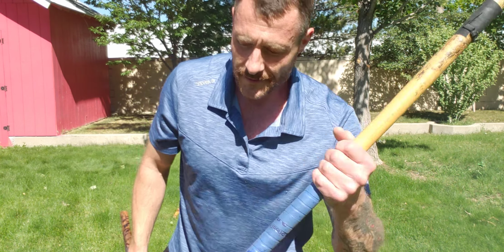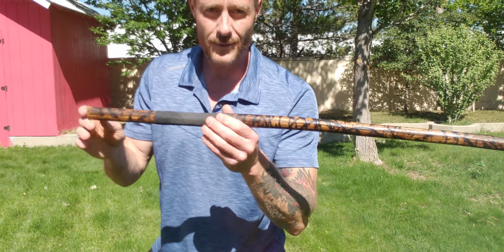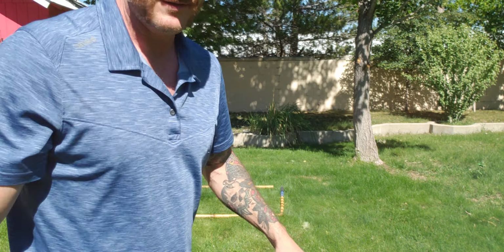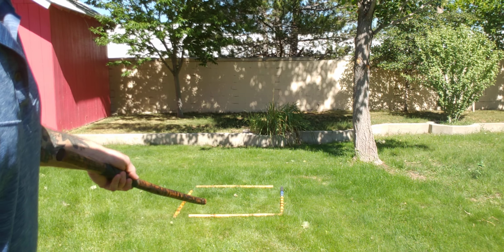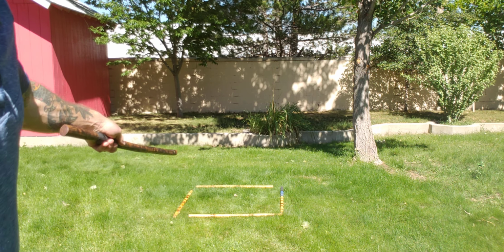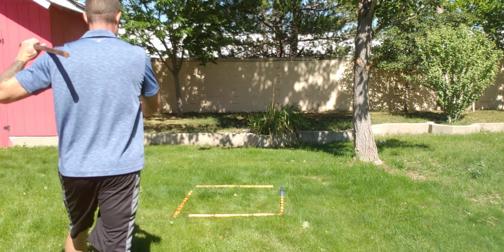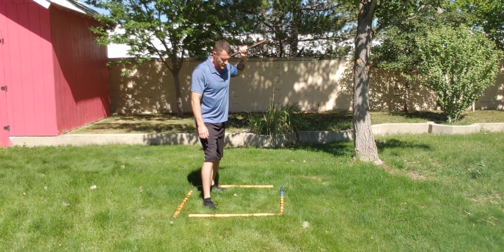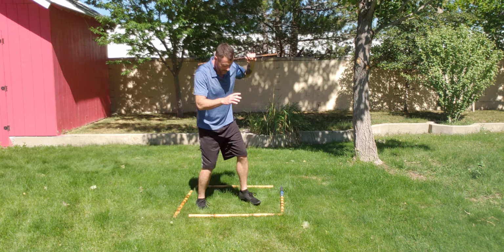Anyway, I'm going to demonstrate what I have to demonstrate today with this. You can use any weapon you want. First, I'm going to show you the footwork. That's a square. And watch how my feet go across the square. So I'm just going to hold this in the caveman position and just step across the square like that,